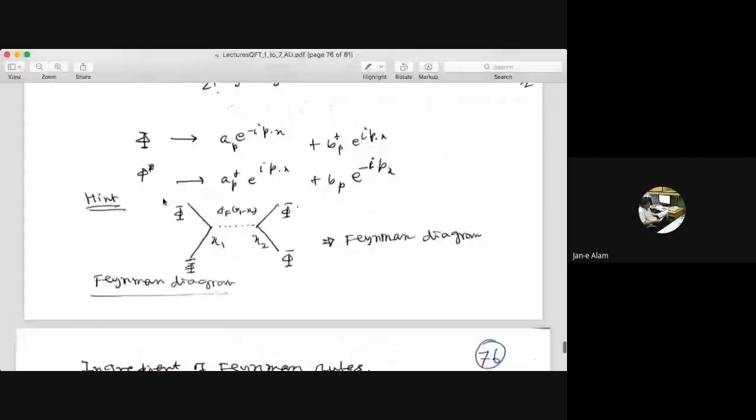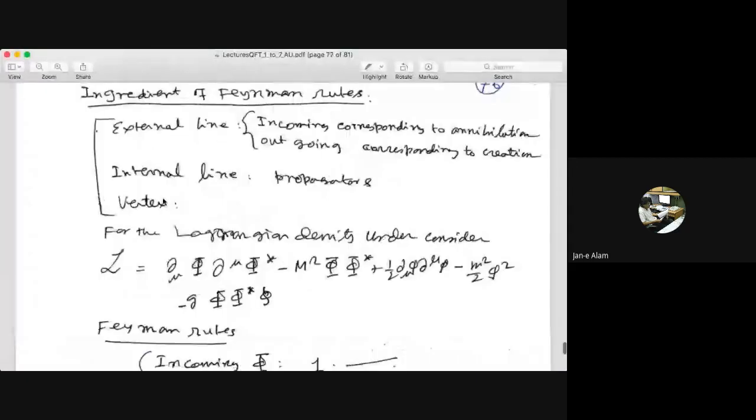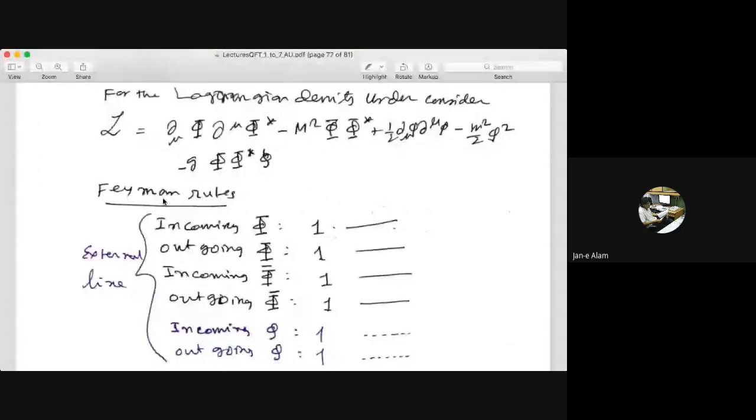Those details we do when we discuss the electromagnetic theory, because it will come out very nicely. So the moral of this story is that given any Lagrangian, you just look at the Lagrangian and see what is the free part. Here this is the free part, and it will give me the propagator, because p square minus m square is the propagator. And this is the free part for this small phi field, so this will give me another propagator, and this will give me the interactions.